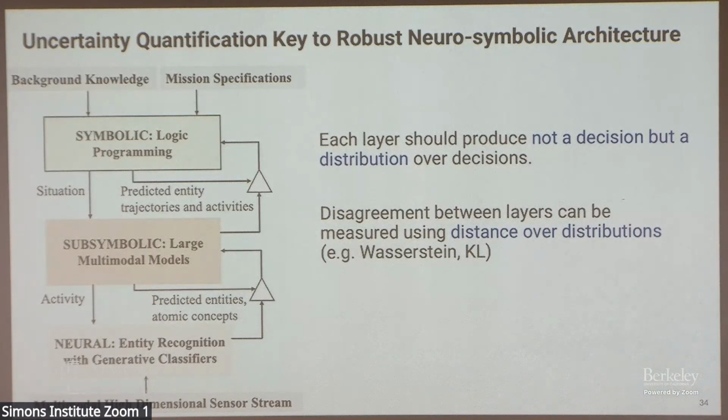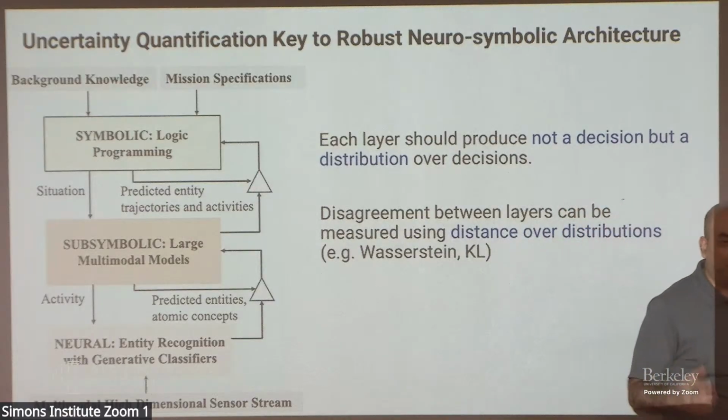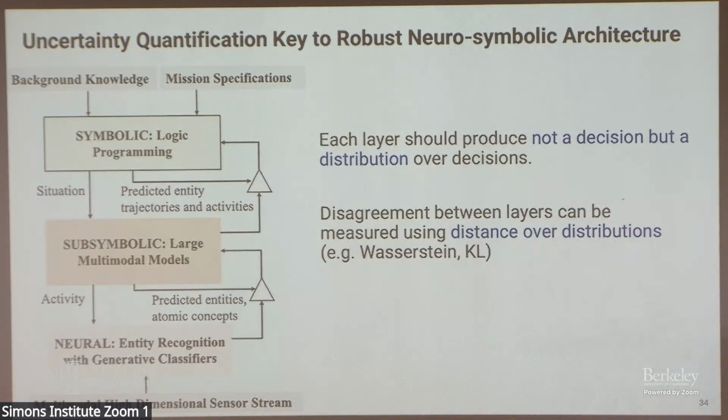That's the next step that we want to work on: how do we do it in a way that is well principled, so that we know if there's a mismatch, should we be revising the upper abstraction layer or should we be doing it for the bottom one? That does seem to be challenging, because we as humans have a very good intuitive feel of when we change the story, the narrative of the world, and when we actually try and reinterpret our senses. That seems to be difficult, at least for us, to do in most of our AI settings.